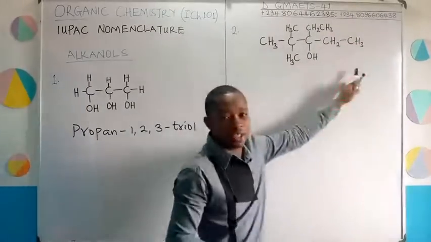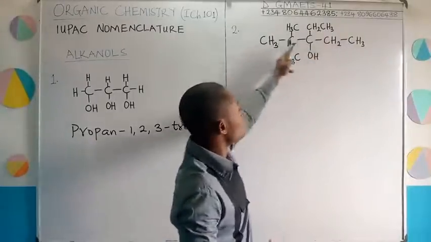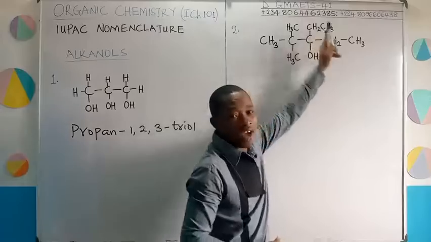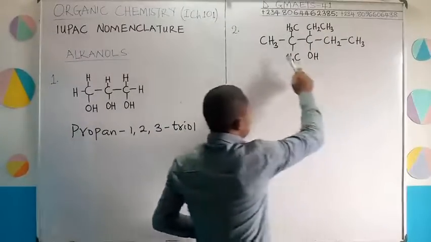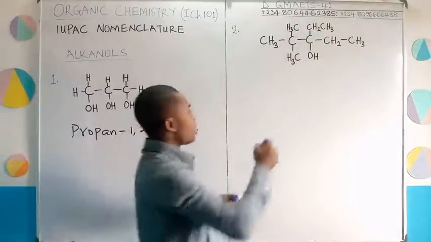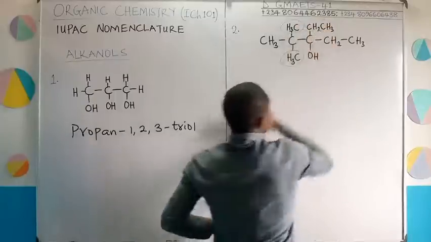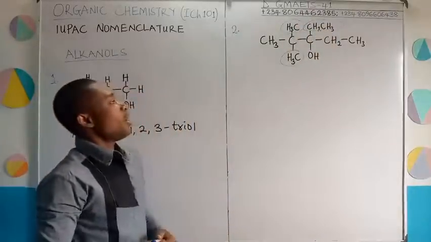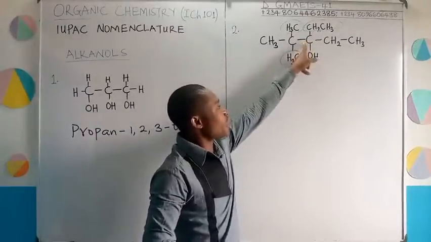I'm saying 5 here. You go 1, 2, 3, 4, 5. Or 1, 2, 3, 4, and 5. Okay, I would like to take this as the longest chain so that this becomes attachment. Is that okay? So let me indicate attachment, attachment, and attachment. That's substituent. Now, if you look at this, we have our OH on the third carbon atom, whether you count